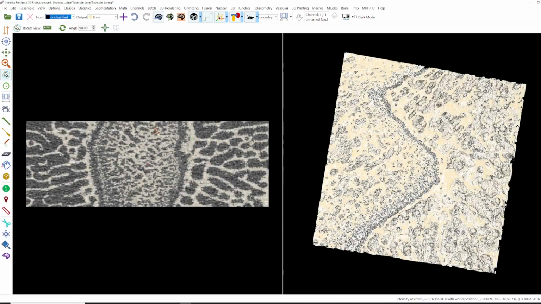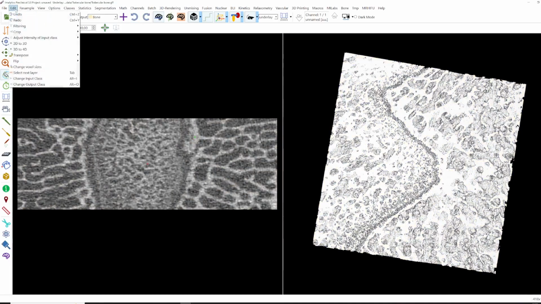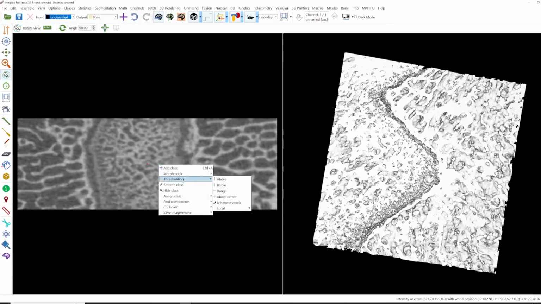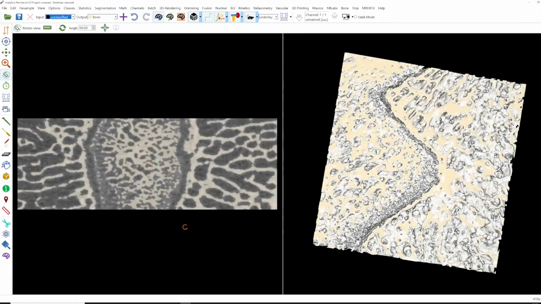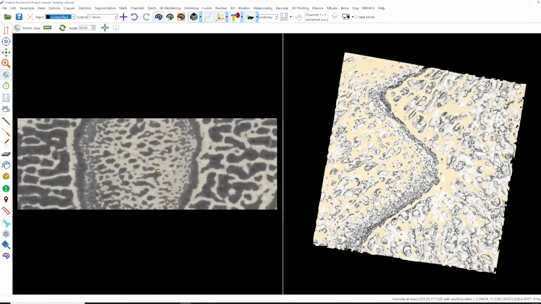4000. And what you also see is that the data set is quite noisy and we really don't need this high resolution, so we will perform a Gauss filter. Therefore I will undo my segmentation, go to edit, filtering, Gauss filter 1, and now I can perform the thresholding again, and the data set looks way better. Okay,